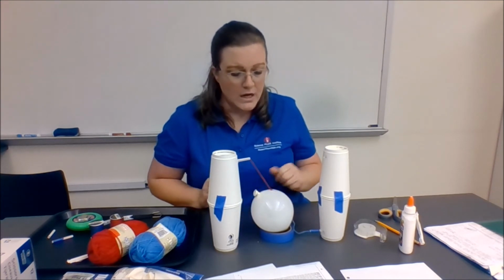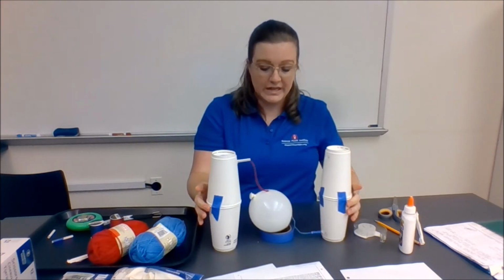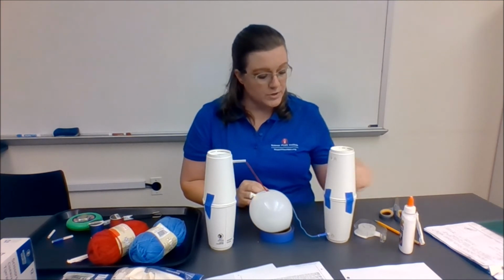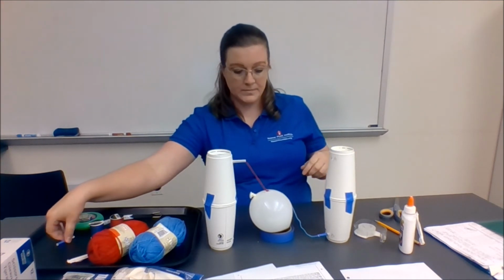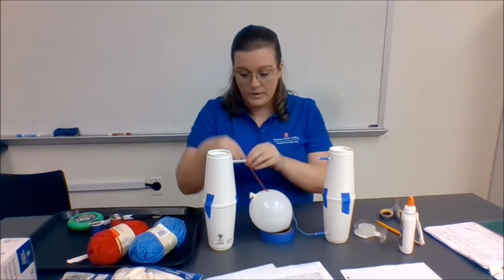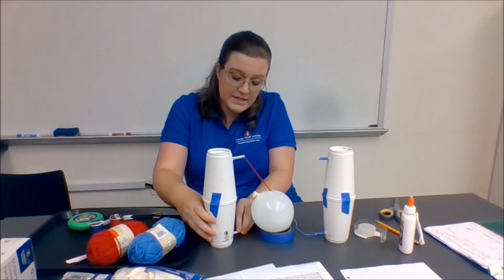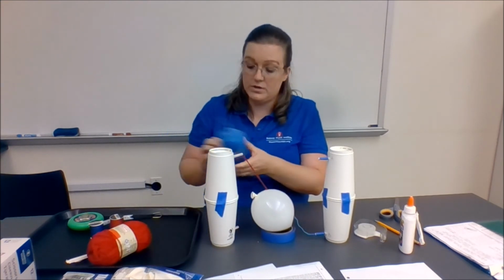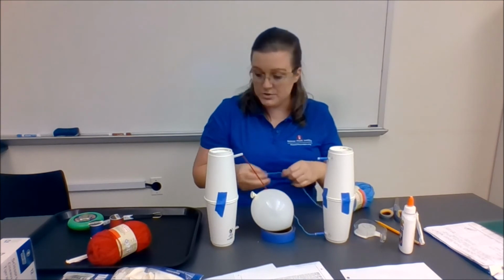Now, final step of what you're needing to do, again, you notice you're trying to make like this figure 8. And so what you're needing to do with the other 2 halves of your straw, blue goes on the top in A, red goes on the bottom in D. You're going to then take your yarn yet again. So you want to measure 20 centimeters,